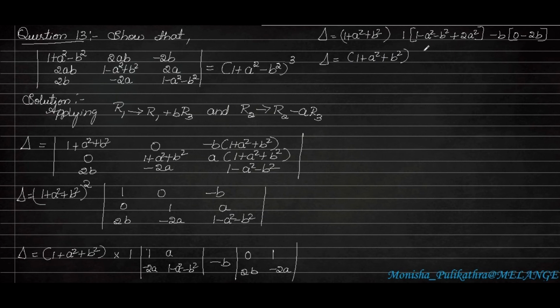So here it will become minus and plus will become 1 plus A square and minus B square, this is a whole term. Up to here is the whole term. So 1 plus A square minus B square, here minus into minus is plus 2B square. So minus 2B square and 1 minus A square minus B square plus 2A square minus 2B square.